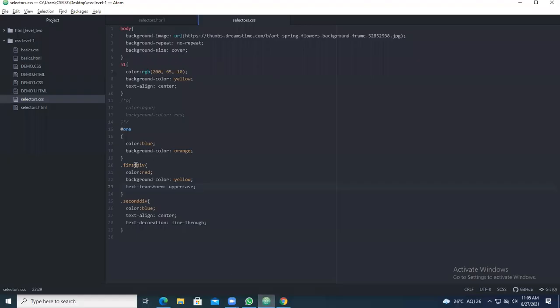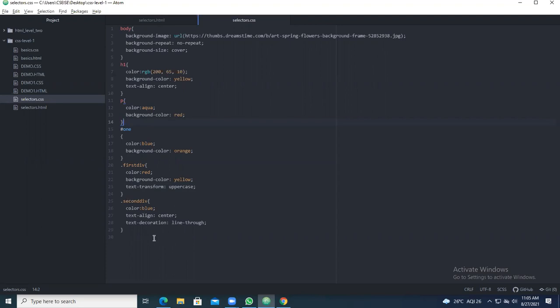So what are the two selectors we have seen in today's class? One is the class name, the other one is ID. If you give for the p tag, the p tag will overrule the div contents. What happens if you give the p tag here? Where all the p tag will come, this thing will be applied, but this thing will not be applied.